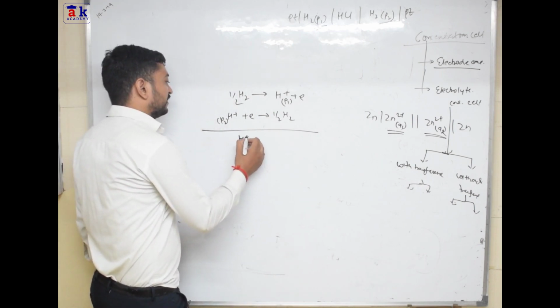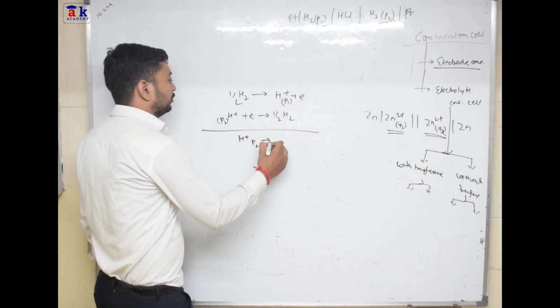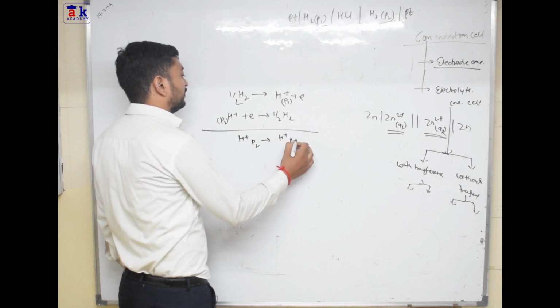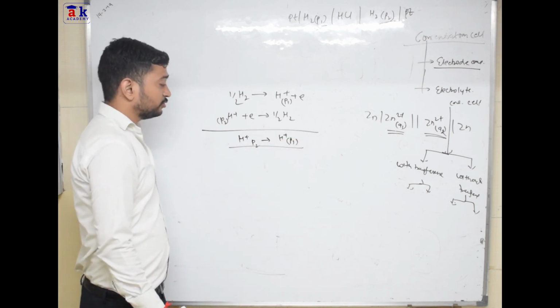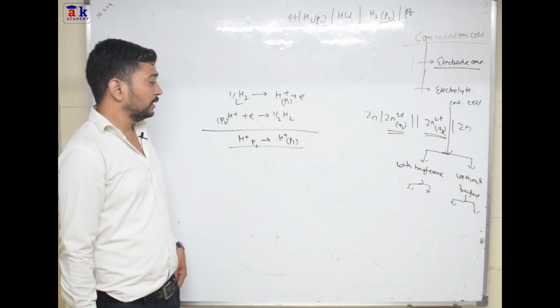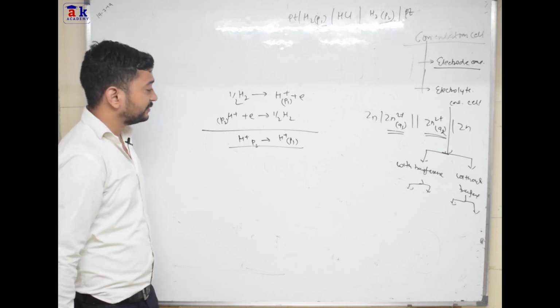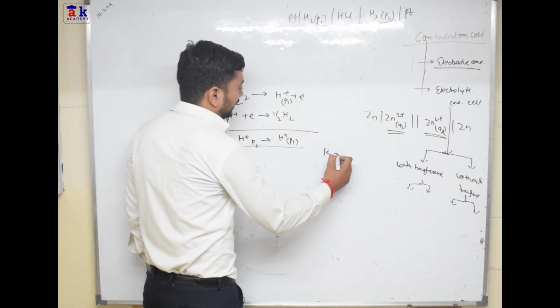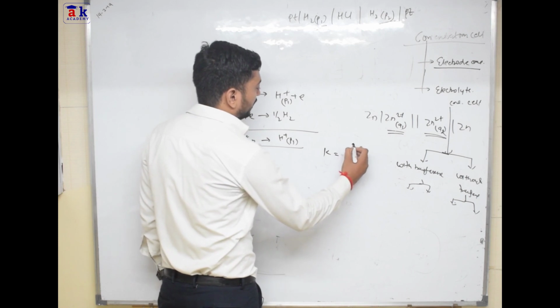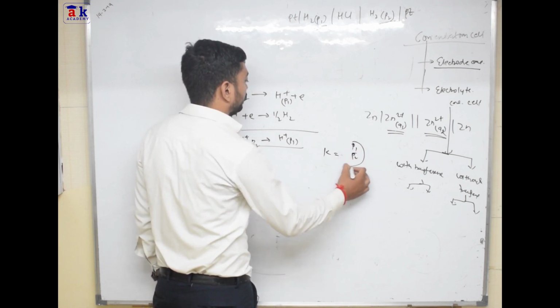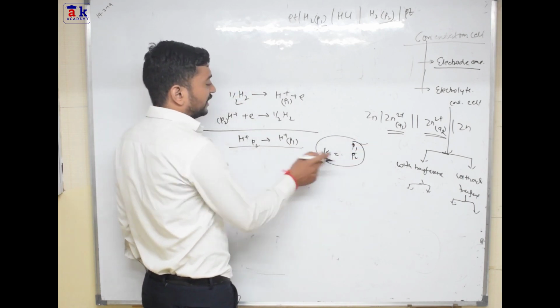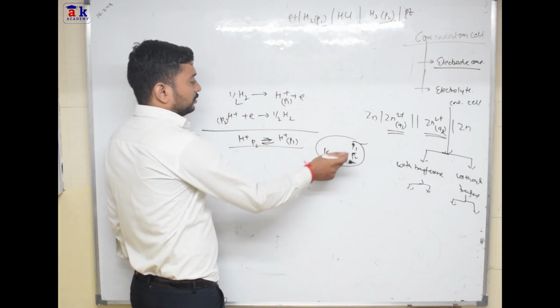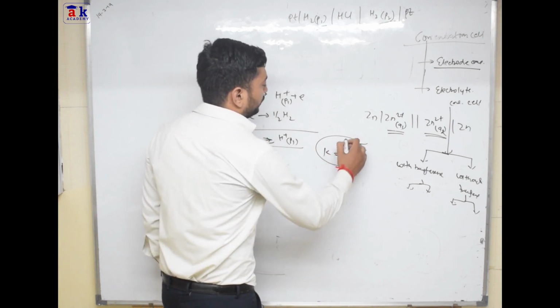So in the final equation we will have something like this, P2, and here we will have H plus, here we will have P1. Got it? So P2 is getting converted into P1. So now let's see what else we will have. If I write down the equilibrium constant, denoting it by P1 divided by P2 only, K will be equal to P1 divided by P2, right? So P1 divided by P2 will be over here.